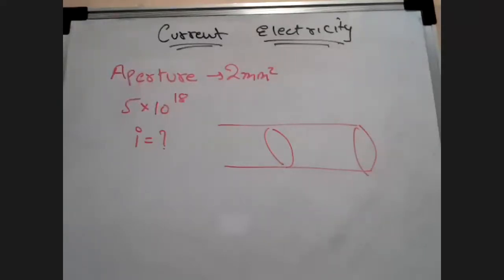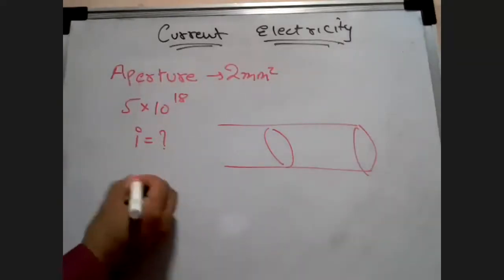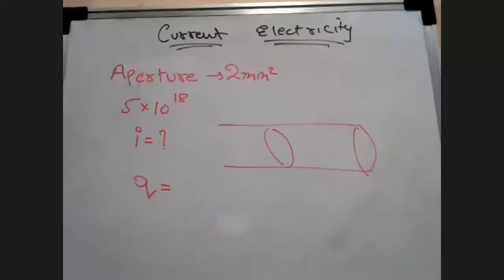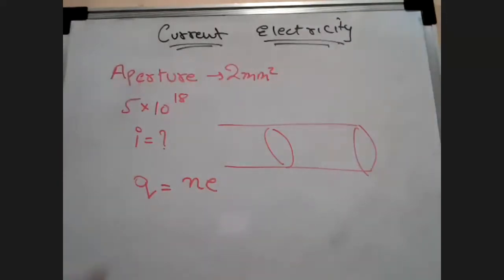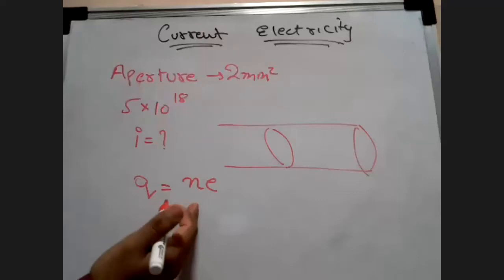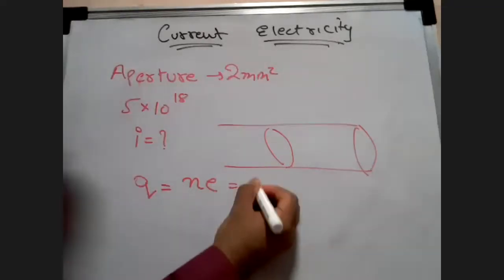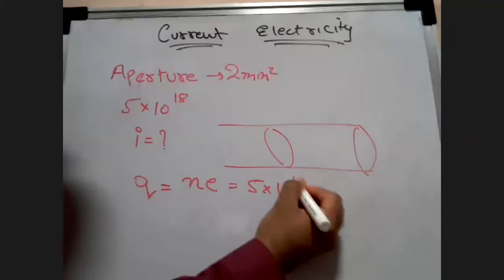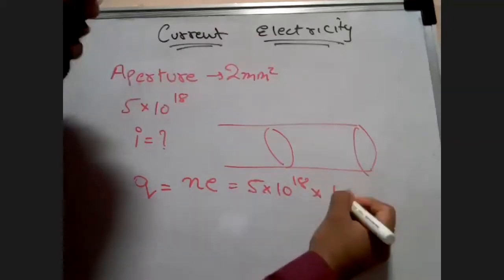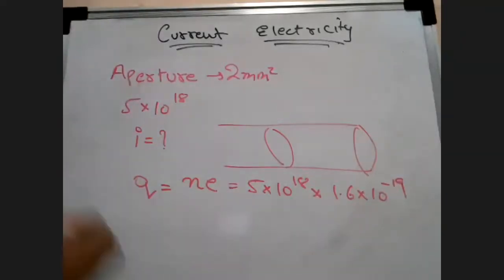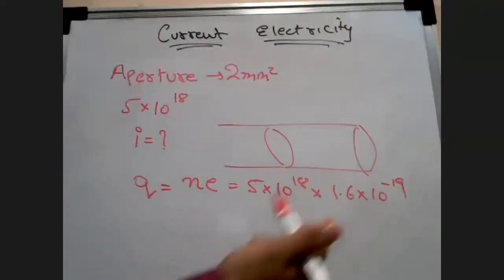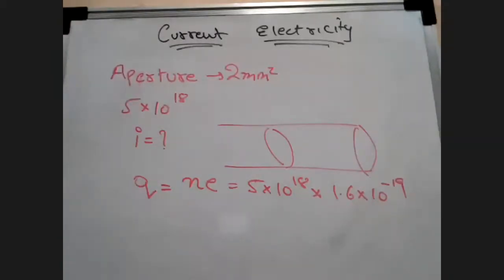Okay, listen to me. Since we have very little time, I'll tell you. You can find out the amount of charge using the quantization formula. Quantization formula is what? N into e, which states that electrons are available in terms of packets. So how many electrons are there? 5 into 10 raised to 18. I'll replace that in terms of N into e. What is the charge of an electron? 1.6 into 10 raised to minus 19. Tell me how much this comes up to.